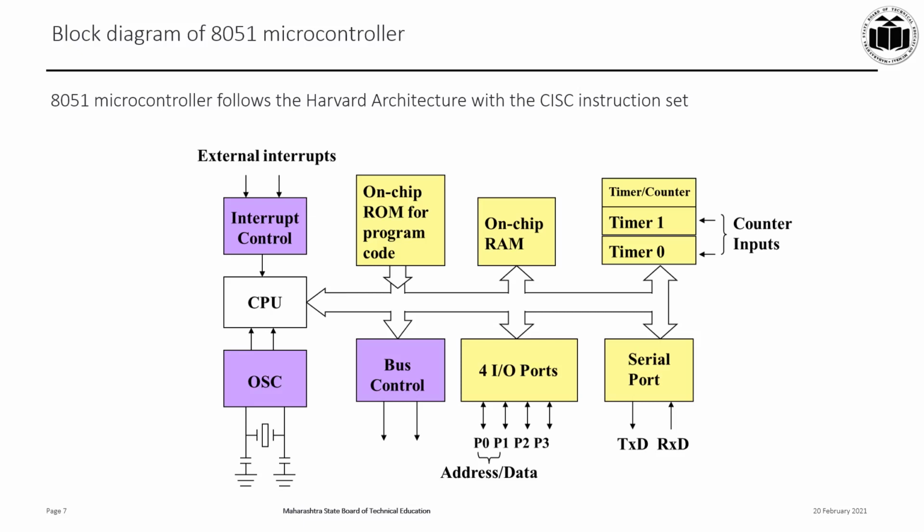In the diagram shown, we can see that the system bus connects all the support devices to the CPU or the central processing unit. The system bus consists of an 8-bit data bus, a 16-bit address bus, and a bus control signal. All other devices like program memory, ports, data memory, serial interface, the interrupt control, timers, and the CPU are all interfaced together through the system bus.